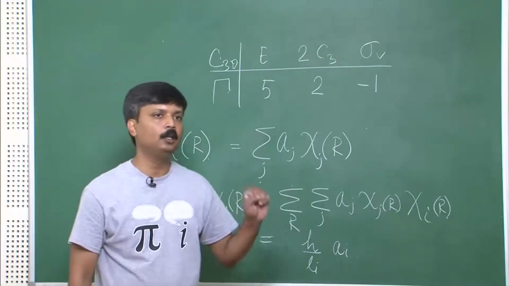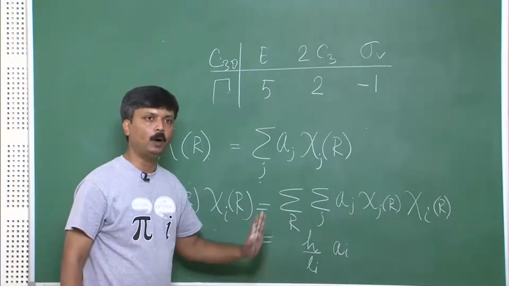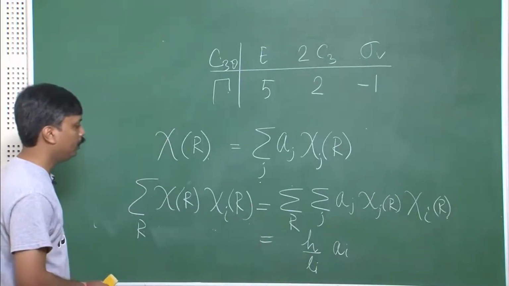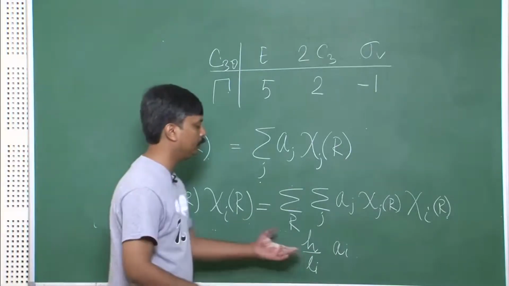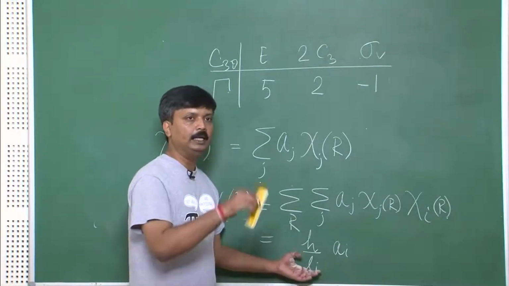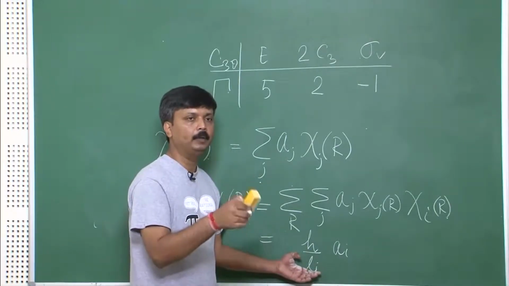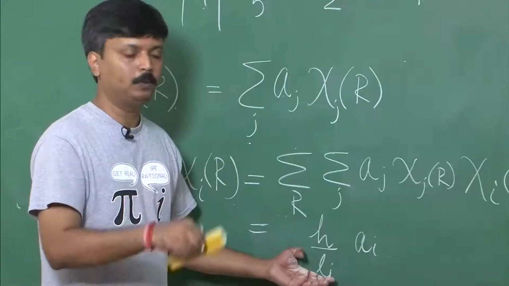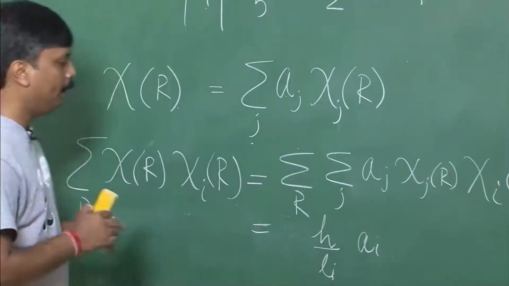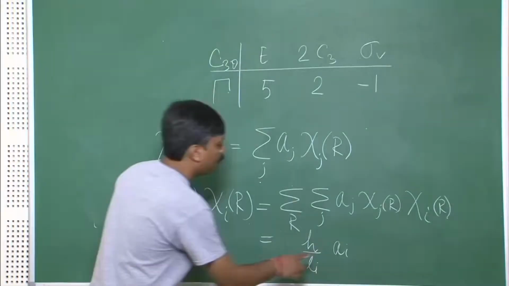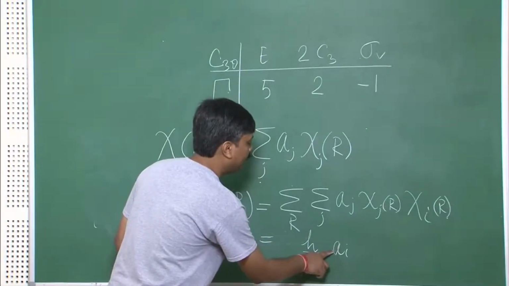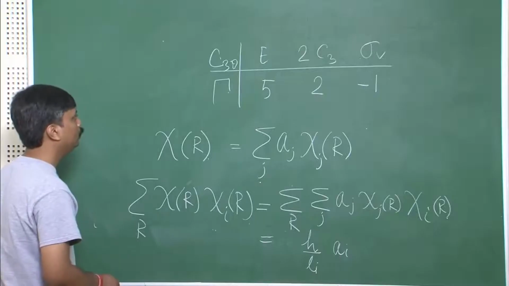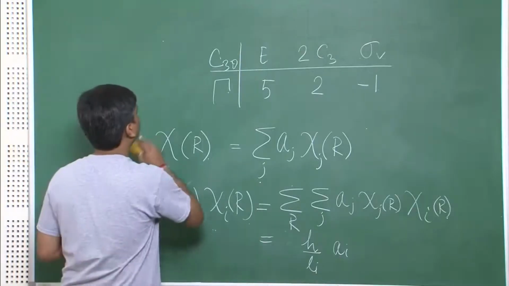Okay, li is a dimension. For one dimensional, li equals to 1. This comes from that term in the great orthogonality theorem, that h by root over li lj, when i equals to j, then it is li square. So root over li square, I am getting this li. Okay. So now if I look at this Ai,